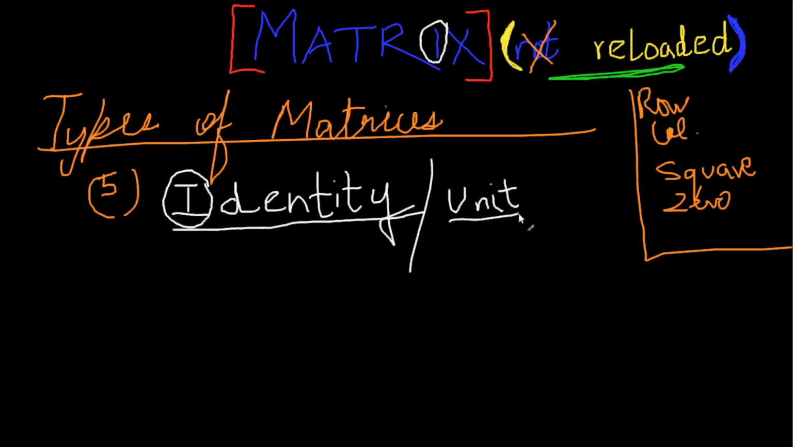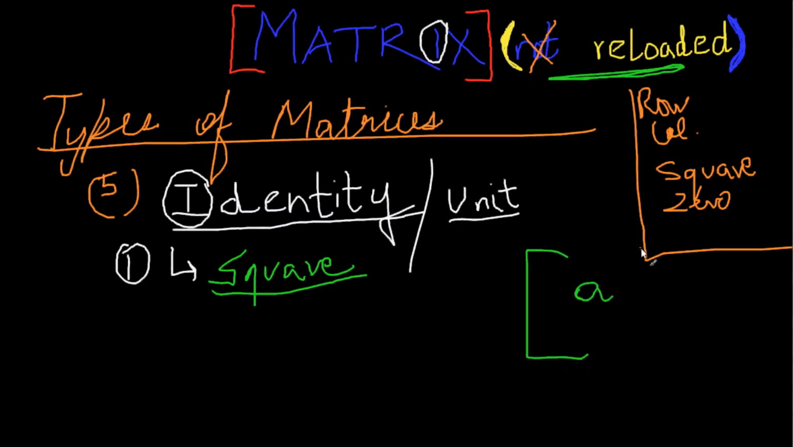Now guys, this is the most important matrix in your course, and an identity matrix has a couple of properties which you must remember. The identity or unit matrix's first property is that it's always a square matrix. I don't think I've told you this, but guys, if I have a matrix like A, B, C, D,